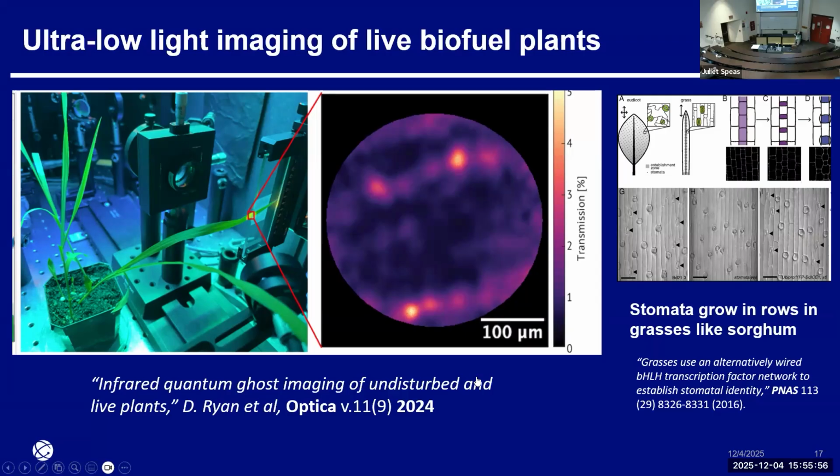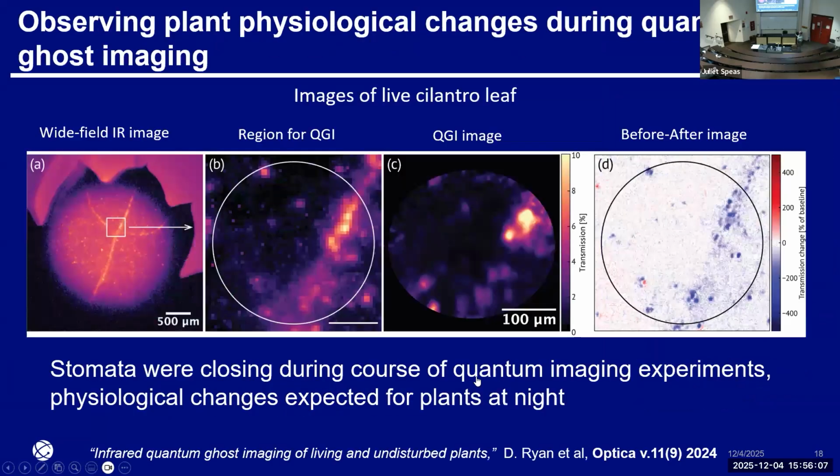They're around the right size of stomata. They're in rows. Actually, stomata in grasses are known to grow in well-defined rows. But more, so we thought they were stomata, but another key finding was when we were doing our ghost imaging